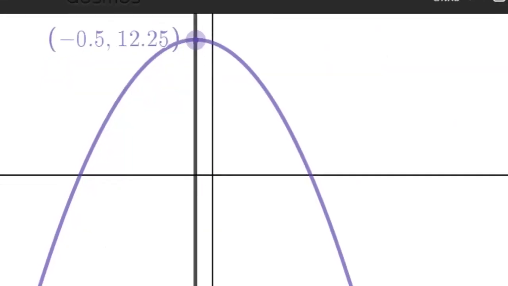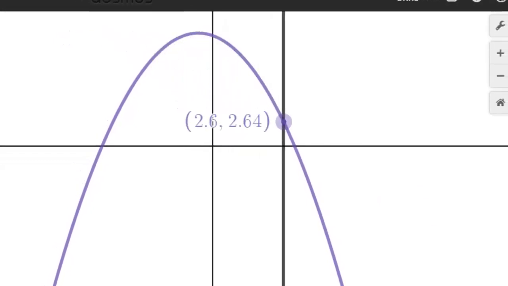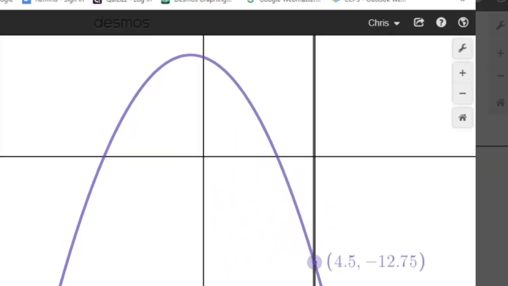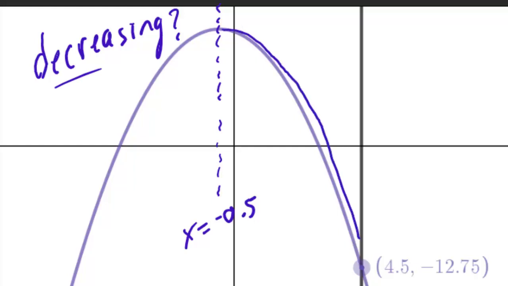So where's this graph going to decrease? Well, as I continue from left to right, my y values get smaller and smaller again, but my x values are still getting bigger and bigger. So where's this function decreasing? Remember, my axis of symmetry was right here, and that was at x equals -0.5. So this graph is decreasing everywhere to the right of that location on the x-axis. You can see here my y value went back to a negative as I got down there. So where the graph is decreasing is when x is greater than